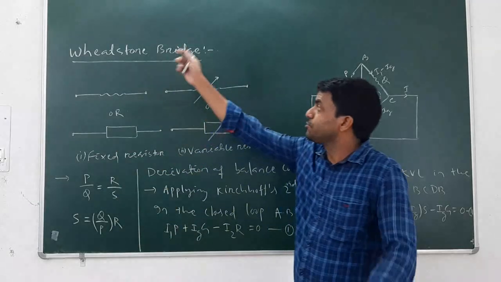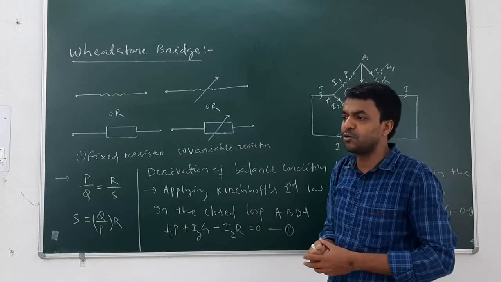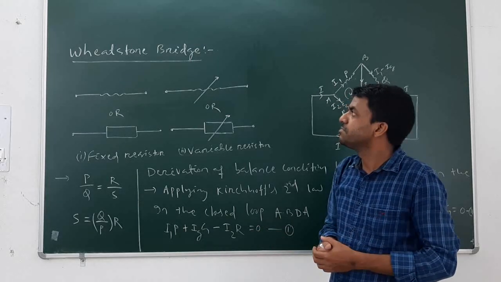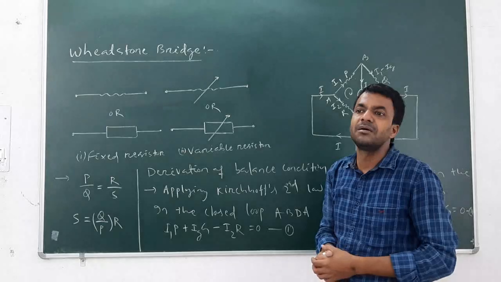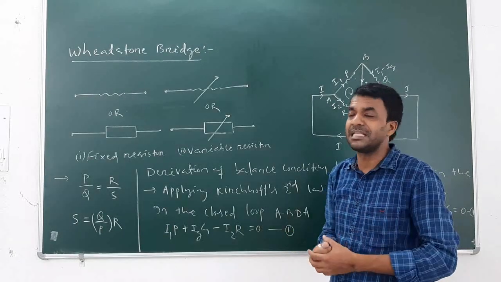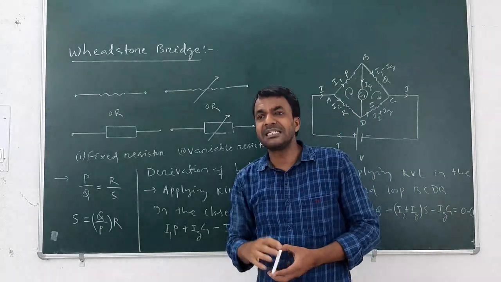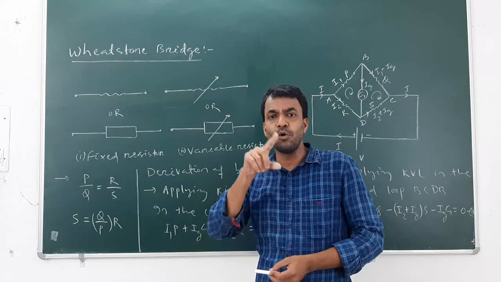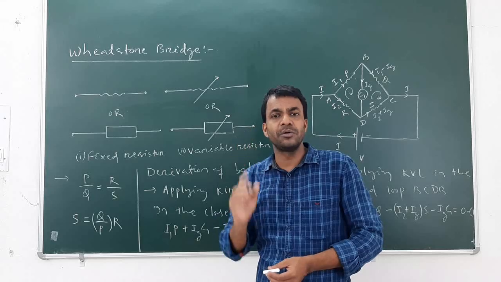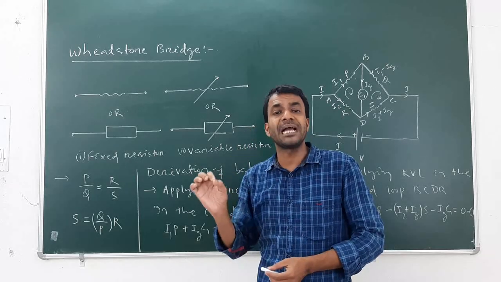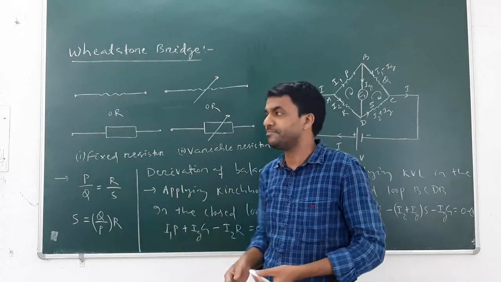Now comes the Wheatstone bridge. What is the Wheatstone bridge? Why is the name given like this? Wheatstone was one of the scientists, physicists, and the name bridge is because the shape of the arrangement is a bridge shape. Therefore, the total is known as the Wheatstone bridge. It is an arrangement of 4 resistors, out of which one resistor is unknown, whose value is to be calculated accurately in terms of the remaining 3 resistances.